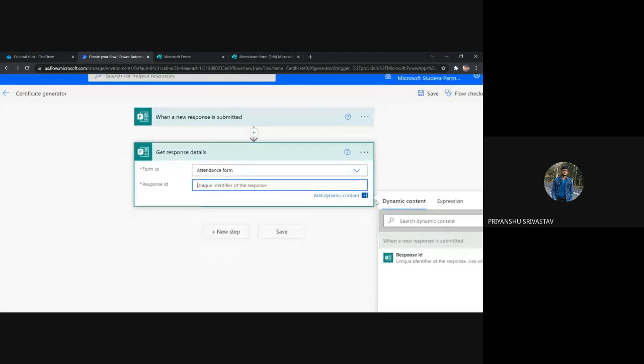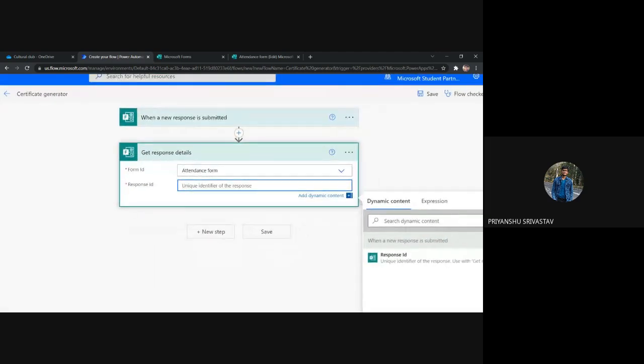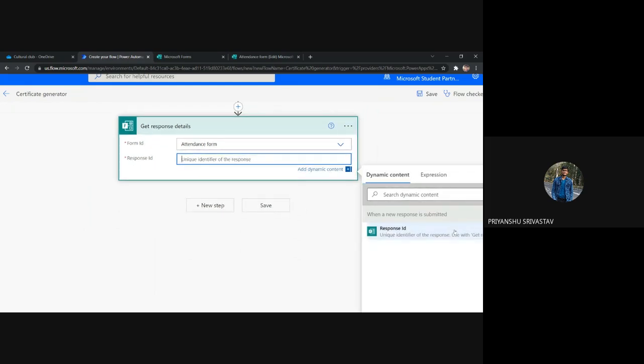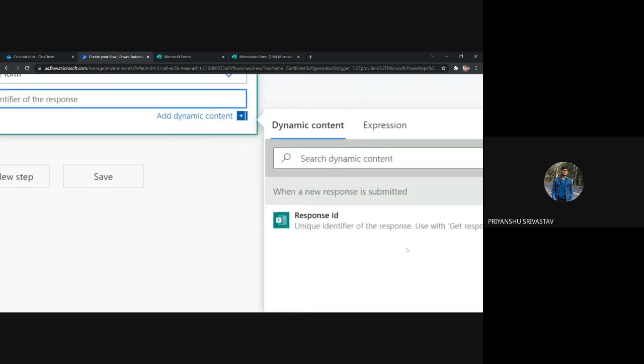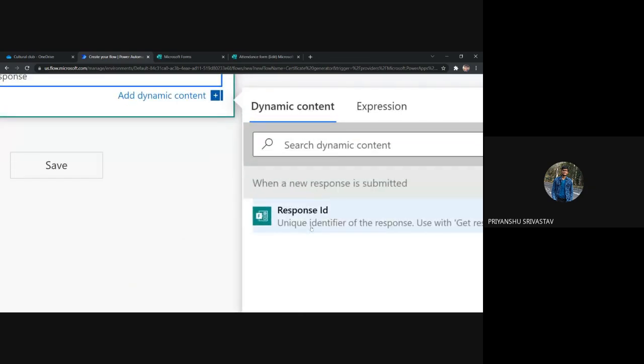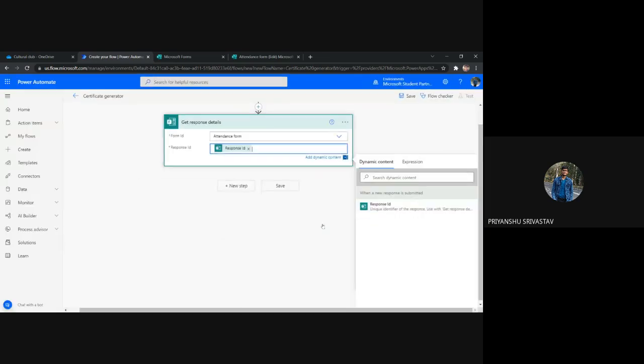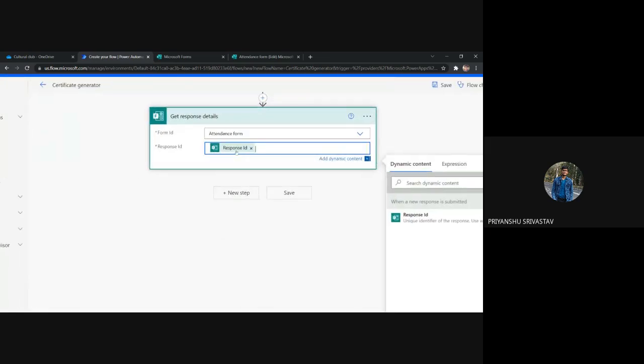For response ID, we have to add dynamic content because each time the user fills up the form, a new response is generated. So it is dynamic, it is not static. For a dynamic field, we have to click on add dynamic content. And then here you can see that there is an option for response ID. So I've clicked on it, and here in the response ID column, it is displaying response ID.